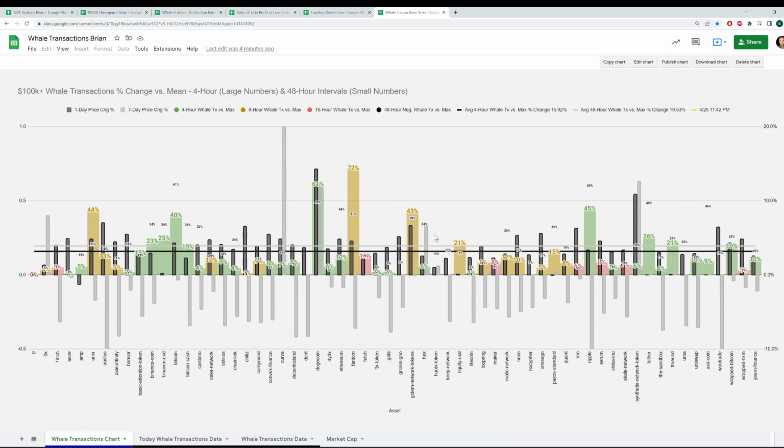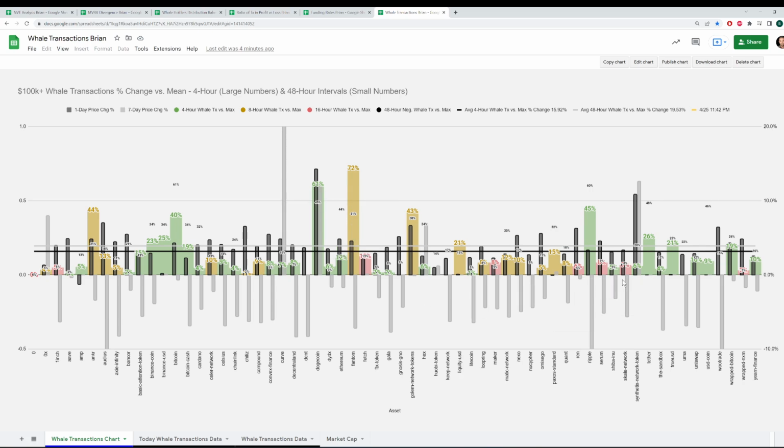And so yellow bars indicate that we don't have real-time data within the current 4-hour interval, and it's showing the last available one that happened from 4 to 8 hours ago. And sometimes there's even an 8-hour delay on some of the data. It really depends on the network and how quickly we're getting new relevant information, or sometimes there just may not be any whale transactions that have occurred in the last 4 to 8 hours if it's a really small asset,